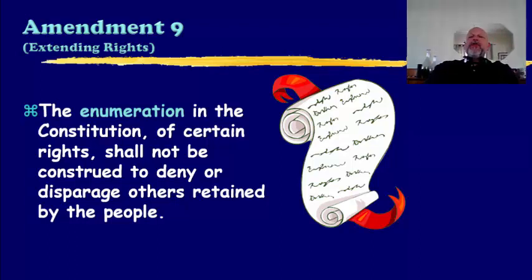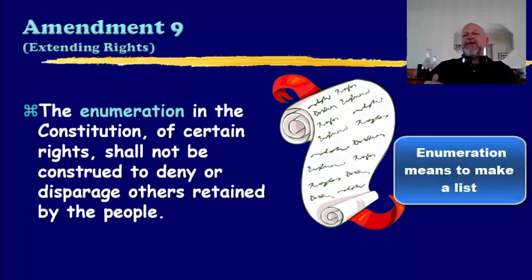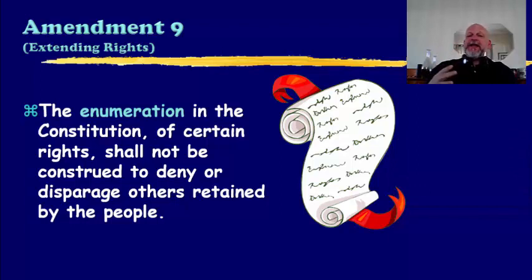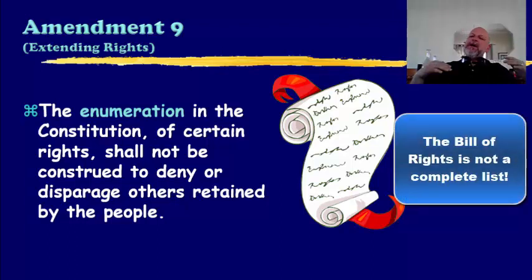The enumeration. The word enumeration means to basically list by number. And so up to this point, we have listed our rights in Amendments 1 through 8. We've got the right to this. It's listed this, this, and this. That's what it says, the enumeration. So this says that just because we have listed these rights in the Constitution does not mean, that is, shall not be construed to deny or disparage, does not mean that we do not have other rights. So just because something was not mentioned specifically in the Constitution does not mean that we don't have it.